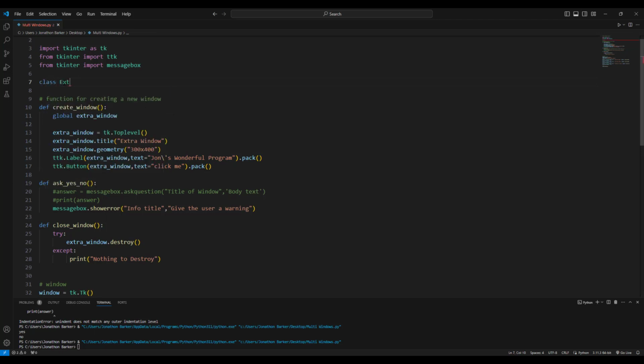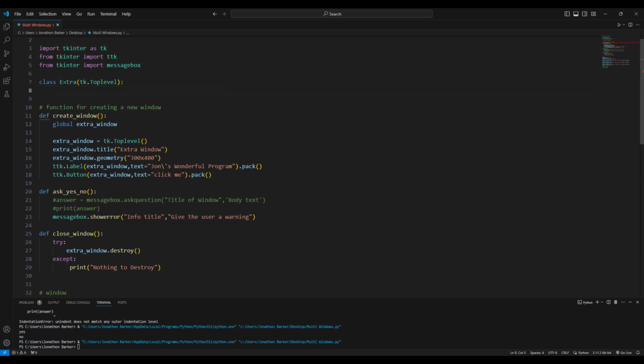class. Now if you were listening during our lessons, you would know that a class is associated with the object-oriented paradigm. So let me just type in the first bit before I go into the detail. Okay, I'm going to create a class called extra. All right, this class will be the build or the template for my extra windows, and I've assigned it a parameter called tk.Toplevel. And that's so that we can make sure that this window is going to float above the actual root window